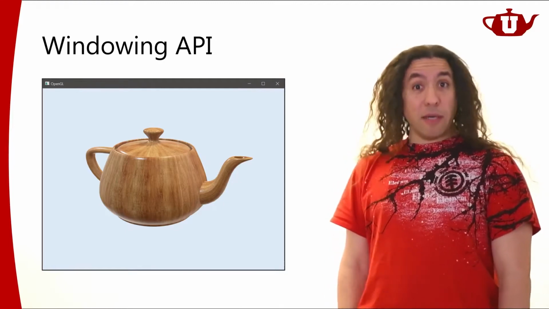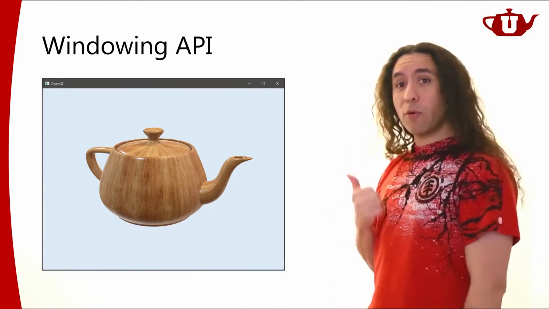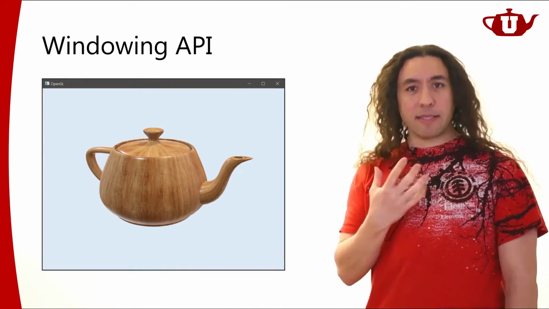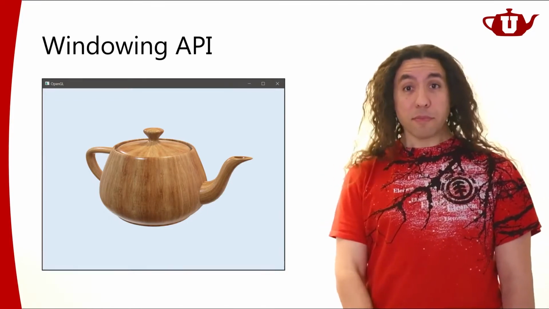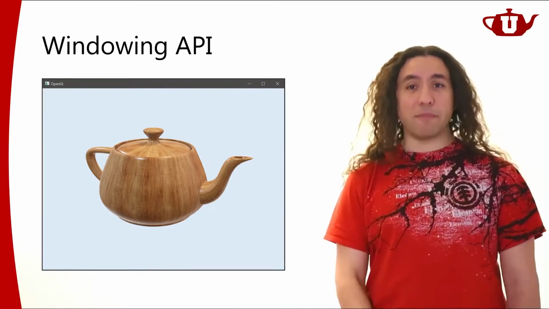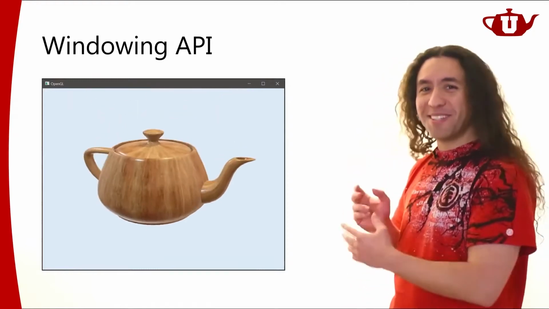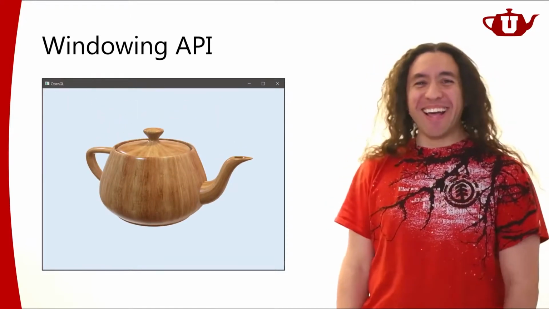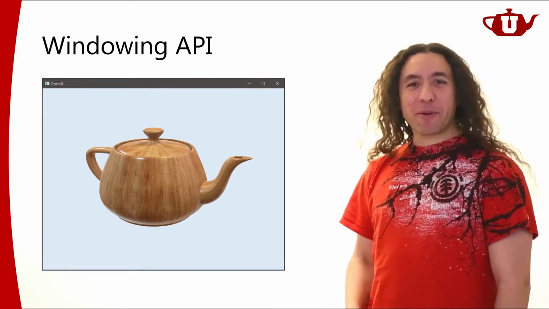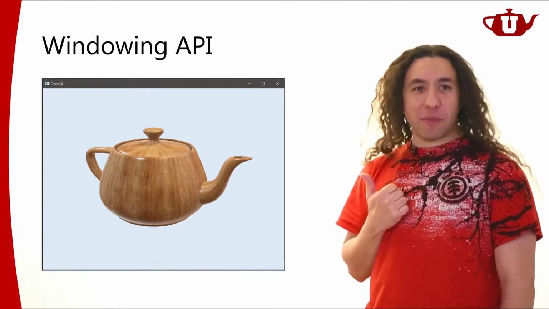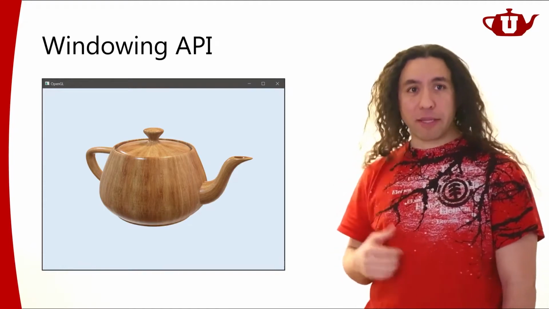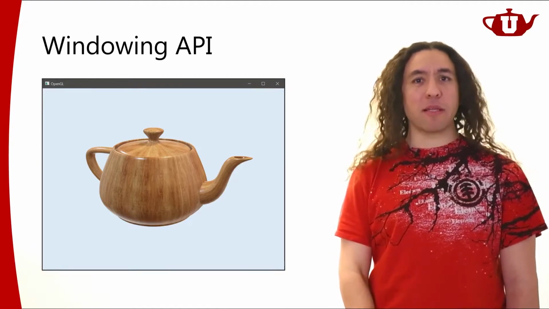And we will need that data. So our windowing API will also allow us to access that data, access the user input. And we can also do other things that are programmed inside that API and do whatever we want with our teapot. All right, so we're going to be programming all that, but of course, the purpose of that is that it's going to be interactive. We should be able to interact with it, and the windowing API will allow that.